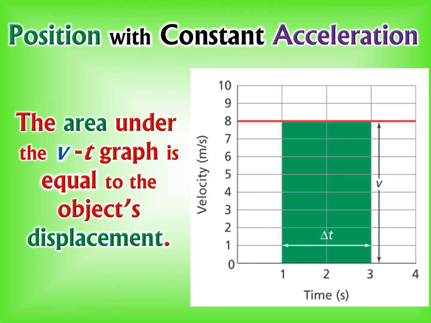So again, here you can see that this is one that's easy to do in our heads. So if we're going from 1 second to 3 seconds, okay, that's a change of 2 seconds. And if we notice, the velocity has gone from 0 to 8. So 8 minus 0 is 8 meters per second. So if we multiply 8 meters per second times 2, we get 16 meters because the seconds cancel. So we know that between second 1 and second 3, there has been a displacement of 16 meters. So this is like integration. This is going the other way, going back and reconstructing the earlier diagram. So you can do it either way.